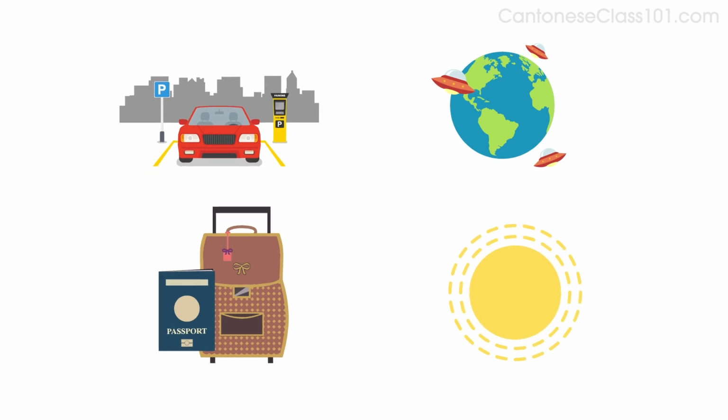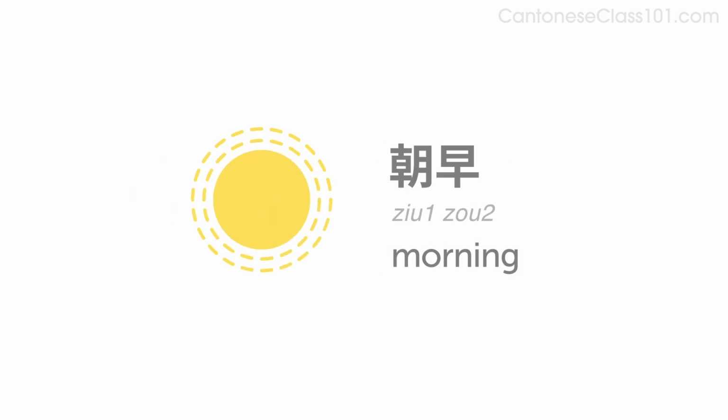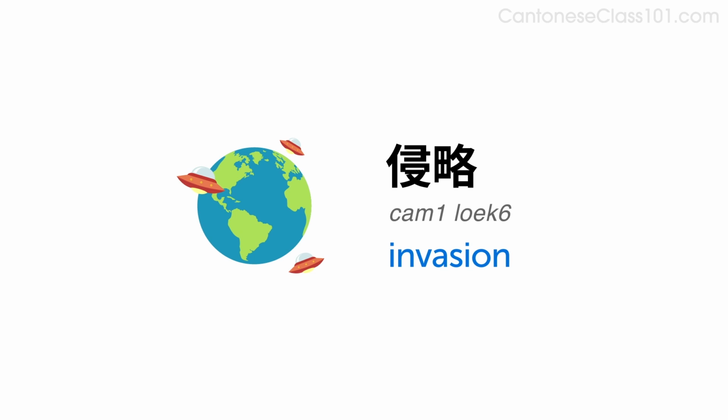Here are a few useful words you can use with the same pattern. Parking lot, 停車場。 Morning, 朝早。 Travel, 旅行。 Invasion, 侵略。